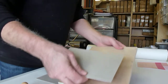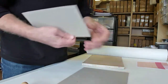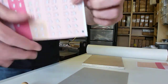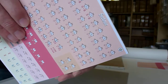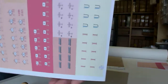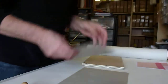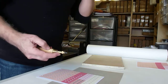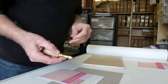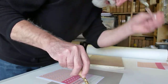First of all, we're going to punch the alignment holes out. Now, I don't know whether you can see, I've punched the top alignment holes out already in preparation, but the lower ones at this point are unpunched. So I've put a piece of card underneath as a bit of sacrificial card really, and then carefully, as accurately as I can,